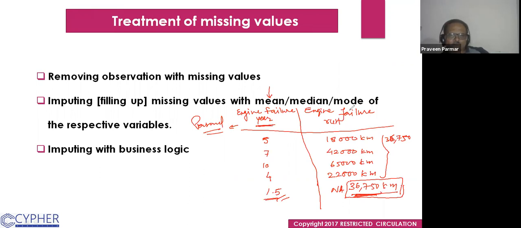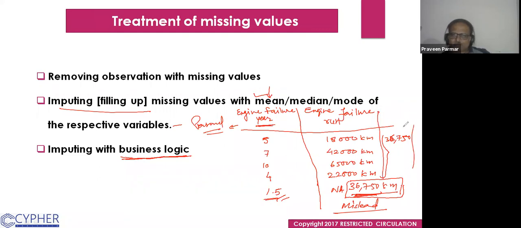Sometimes if you just measure the mean or fill with this technique, it may mislead you. It will mislead you. Then what we do, we use the business logic. In the business logic, we see the corresponding variables also. But in this data frame, we have taken only 2. But in a real